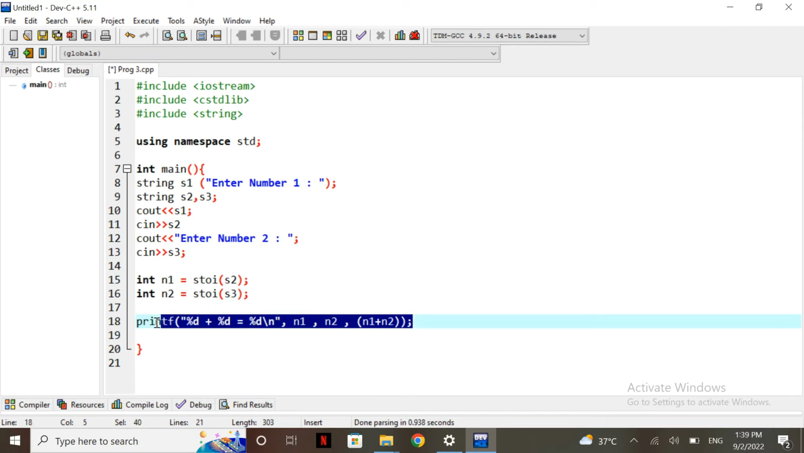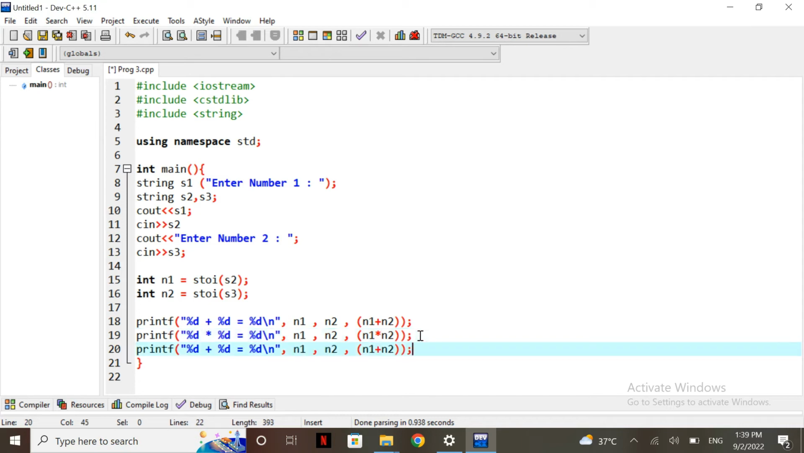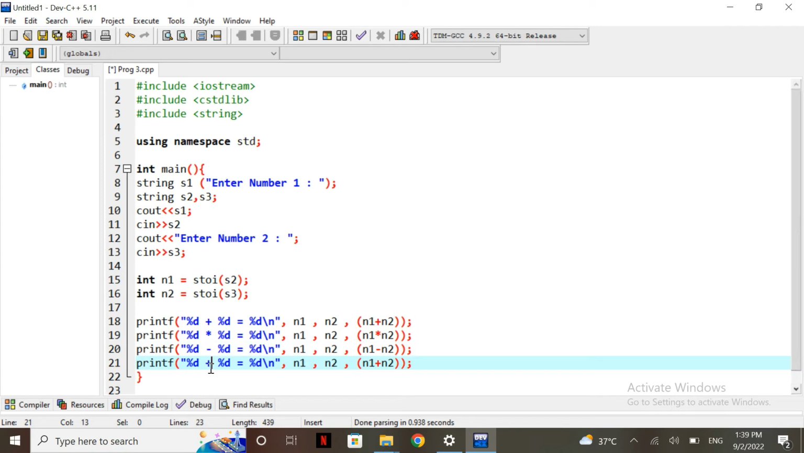So I will copy this function, and now I will copy this so I can perform more arithmetic operations. As you can see, I have changed this to multiply, and so I have to change it here too. So the basic operation is going to perform inside this bracket, where I have written n1 plus n2 and n1 into n2. Now I'm going to use subtract function, and you can see I'm using this. Now the next, you can see the divide,